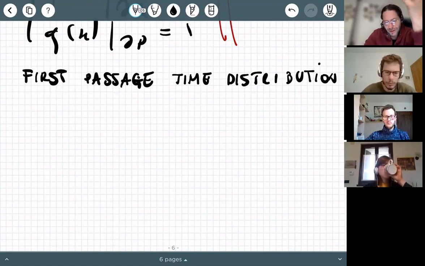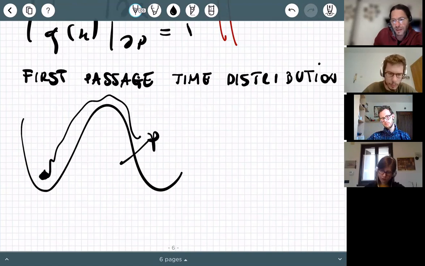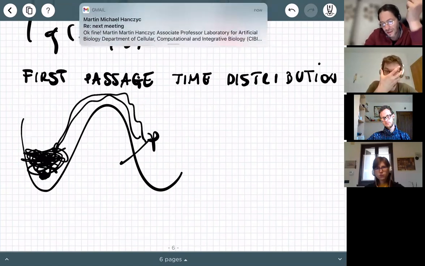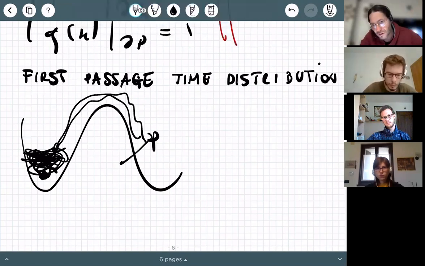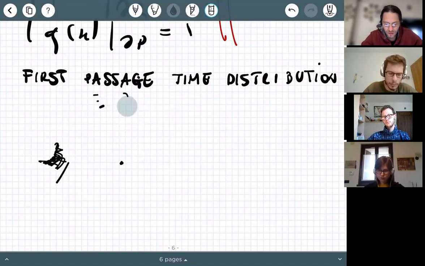So physically, what do we want? Suppose you have a barrier, and of course the first time you hit the product state, say here, is not constant over time. It depends, it's a Poissonian distribution basically. Sometimes it occurs very quickly, otherwise it takes longer, and altogether will provide a Poisson distribution. Right now, you want to define these distributions in terms of quantities that relate to the underlying microscopic dynamics.